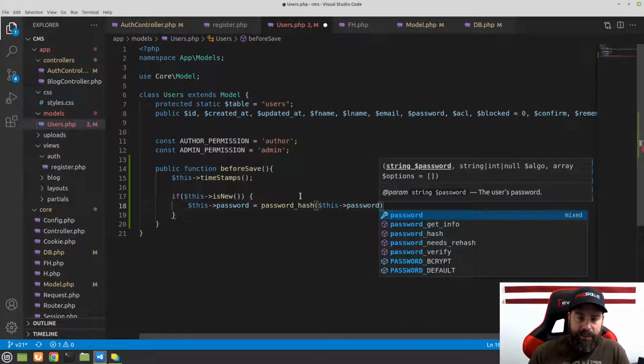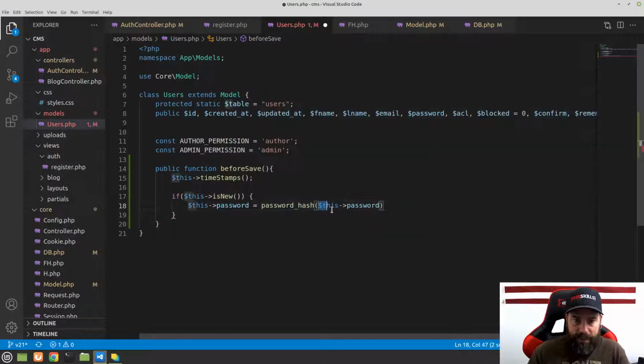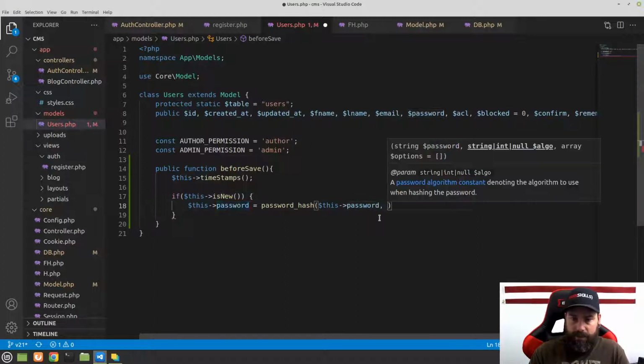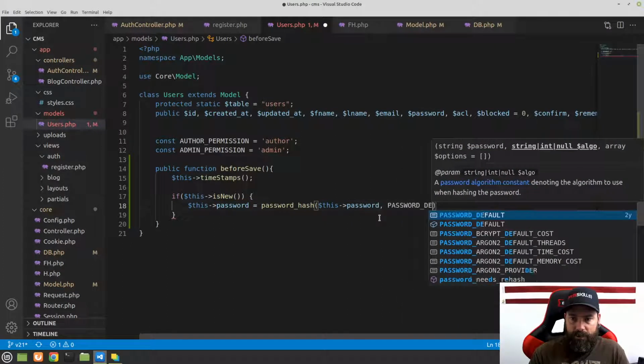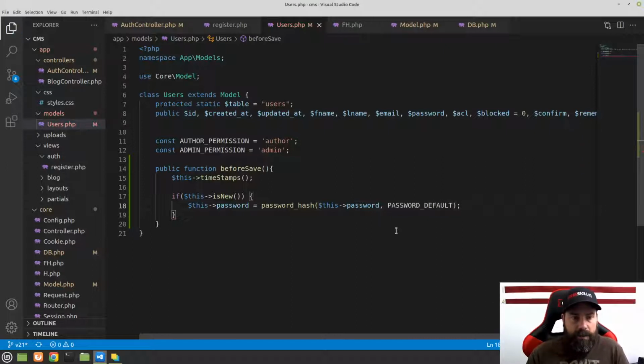So it's going to take this plain text password and pass it into this password hash, and then we're going to set it, the property, back to that hashed password. And to do that, we're going to use, for the second one here, password underscore default. Okay, so now if this is new,